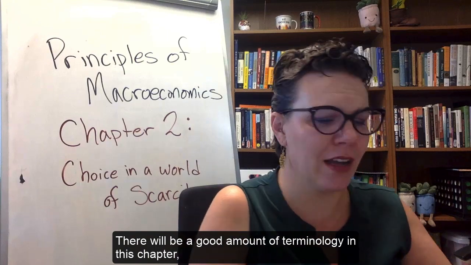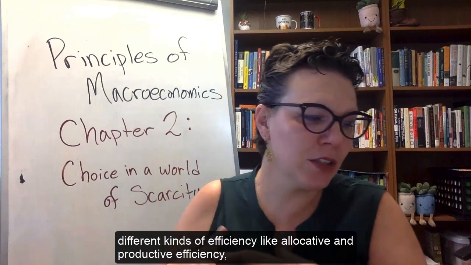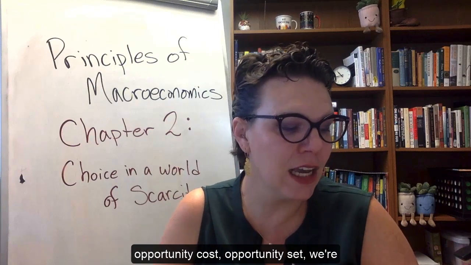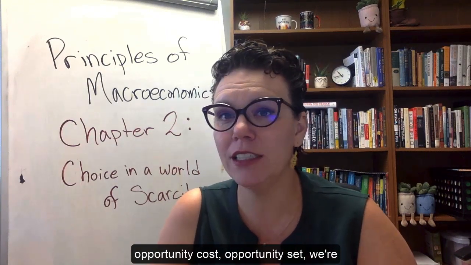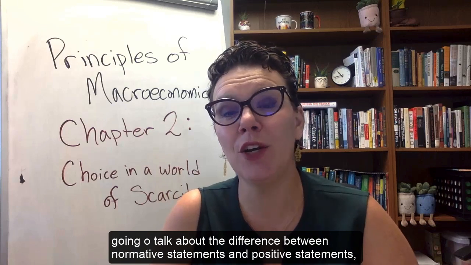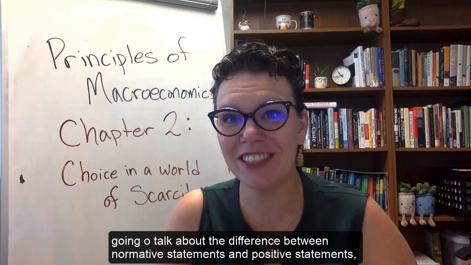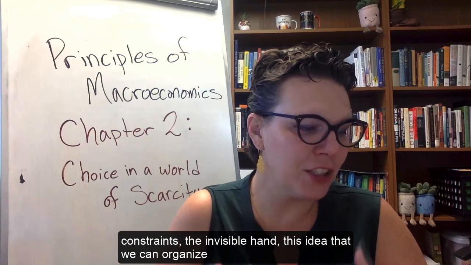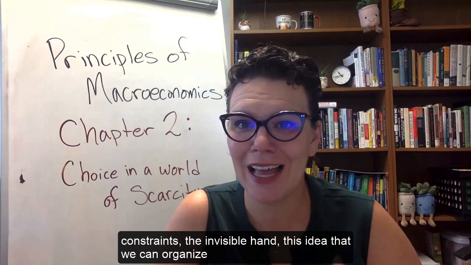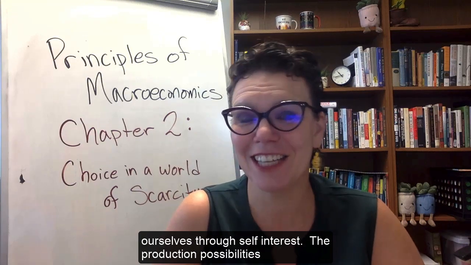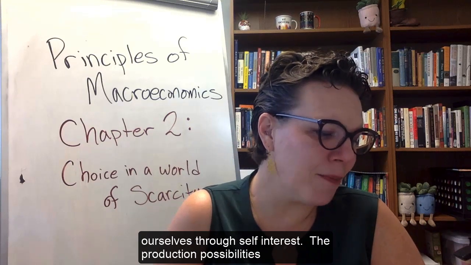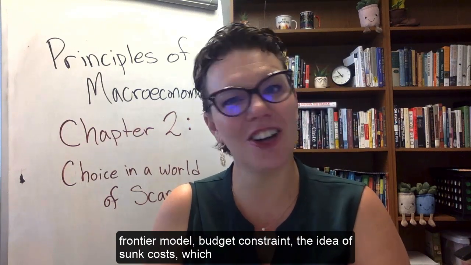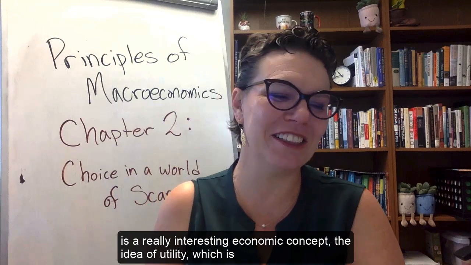There will be a good amount of terminology in this chapter, different kinds of efficiency like allocative and productive efficiency, opportunity cost, opportunity set. We're going to talk about the difference between normative statements and positive statements. We'll talk about comparative advantage, budget constraints, the invisible hand, Adam Smith's idea that we can organize ourselves through self-interest, the production possibilities frontier model, budget constraint, the idea of sunk costs, which is a really interesting economic concept,